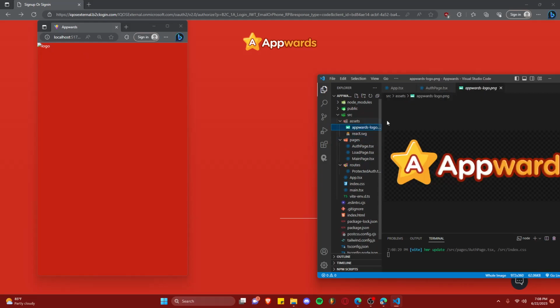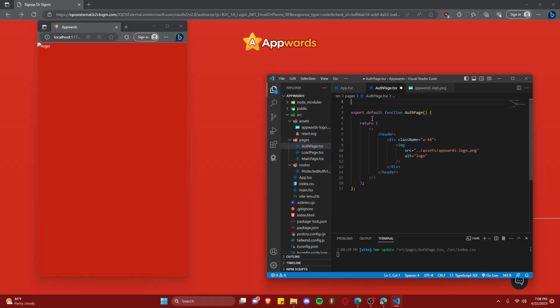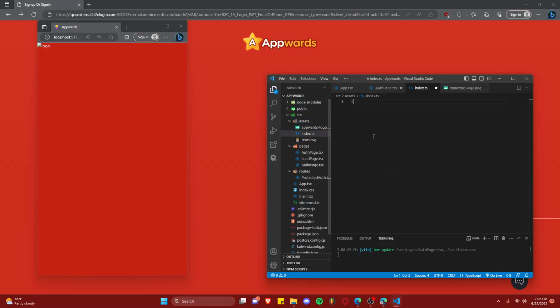Should I be placing the logo inside? Upwards logo. Upwards logo.png. I should be importing it actually. Okay, that's my bad. I forgot how to do it in React because I've been using Astro. Anyway, it should be imported like so. In the assets we'll have an index.ts file. We should import. You can give it any name you want. Let's say